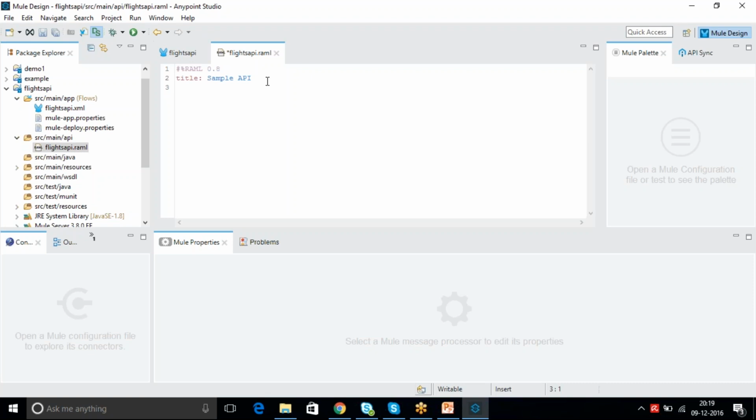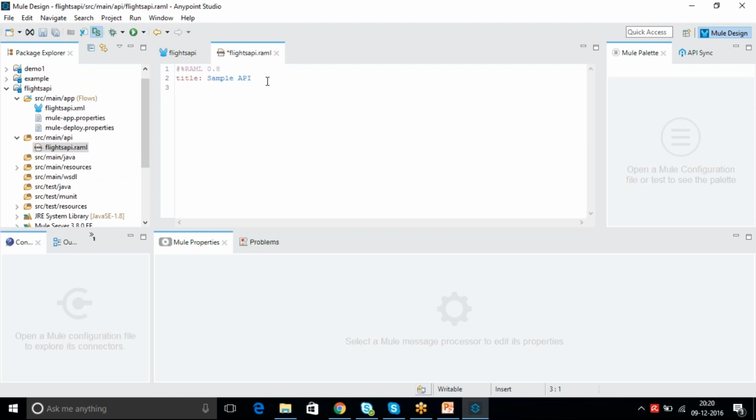Just think about your SQL and how you do queries. It is the same way. Get is like select, post is like insert, put is like update, and delete is like delete. In a SQL database, that is how we perform operations, right? The same way we implement the operations while designing the API. So I need to use the get operation because I need to get the information from the three different kinds of systems.